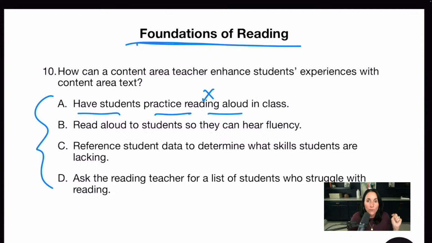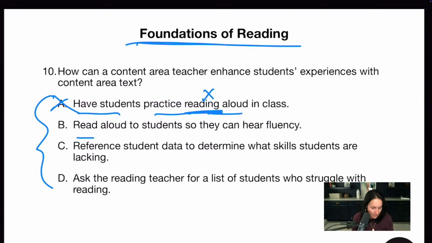Let me know in the chat if you were one of those kids who used to read ahead, because we used to do round robin reading, bad practice now, where this kid would read the first paragraph, this kid would read the second, on down the rows, and you would count how many people were in front of you, and then you would memorize the part you were supposed to read, and then when it got to you, you realize you memorized the wrong part, and now you got to read aloud, and now you're all flustered and sweating and all of that. We don't want to do that to kids, so I like to take volunteers before reading aloud. Typically, reading aloud to the class is not the best answer.